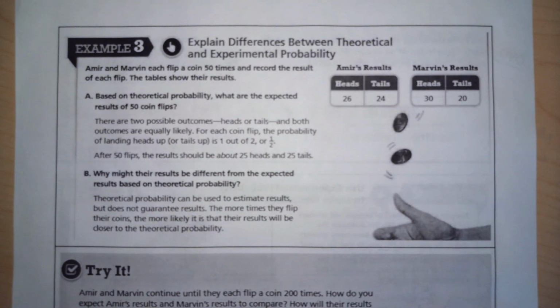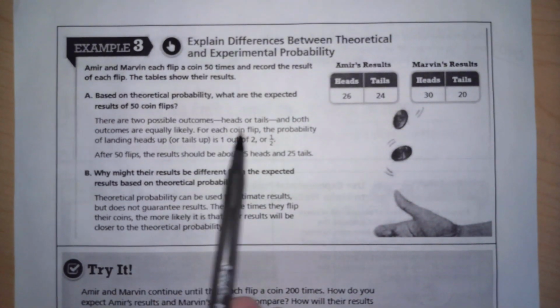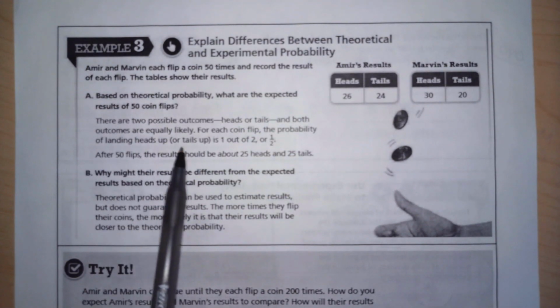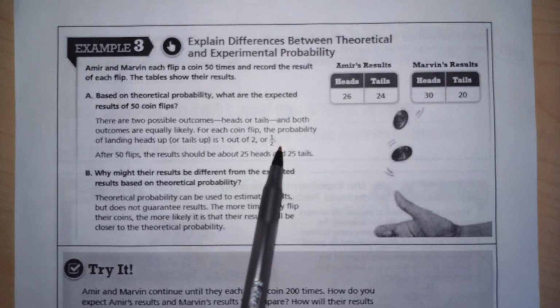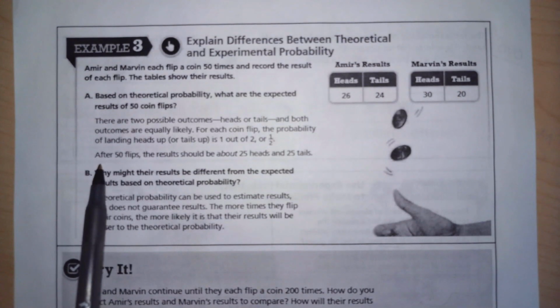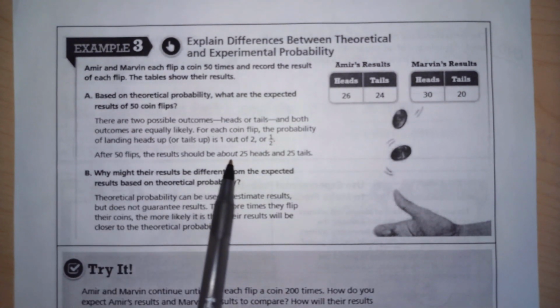In this last example, it says that Amir and Marvin split. The tables show their results. Based on the theoretical probability, what are the expected results of 50 coin flips? Two possible outcomes, heads or tails, and both outcomes are equally likely. So for each coin flip, the probability of landing heads up or tails up is 1 out of 2, so after 50 flips, we should expect there will be a